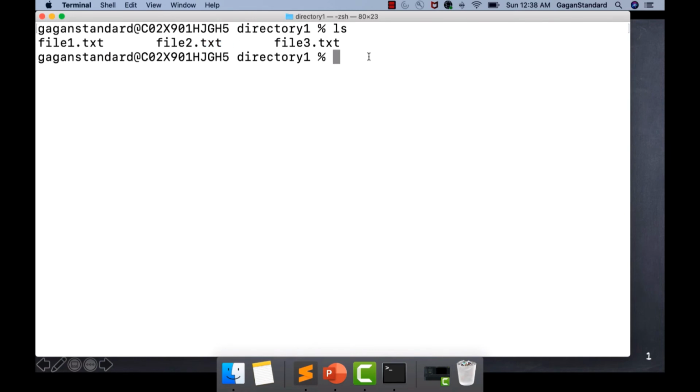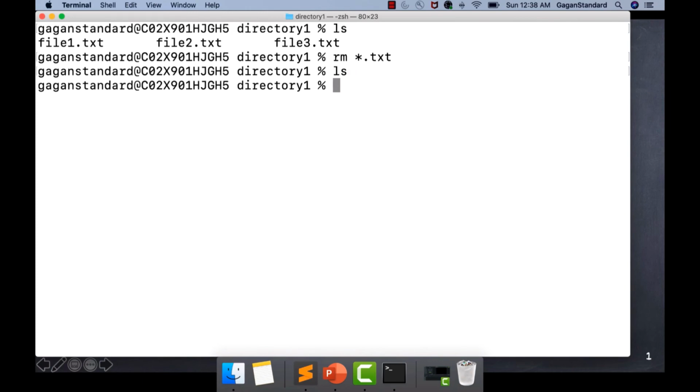I'll again use the command rm space star dot, and I want to delete files with the extension .txt. So I'll just type .txt, hit enter. Now you can see the command has been executed and it is a success. So let's do an ls again, and you can see there is no file present under directory 1. So now we have seen how to delete multiple files that are present within a directory, and it is a success.